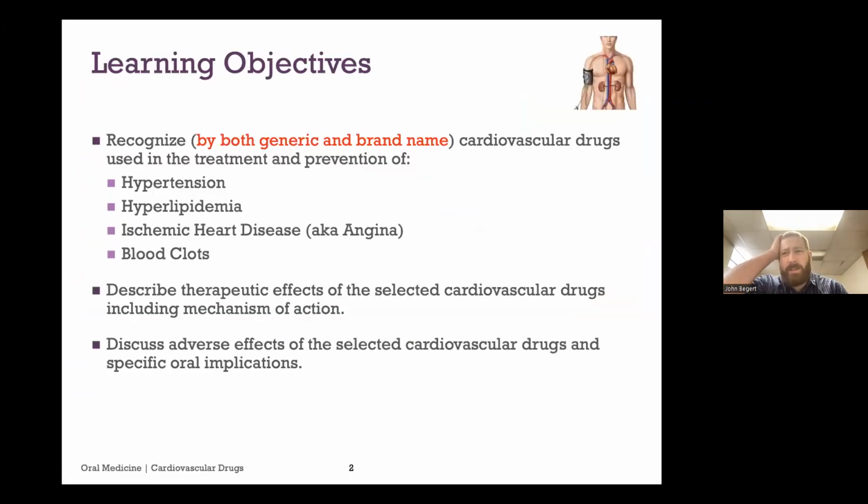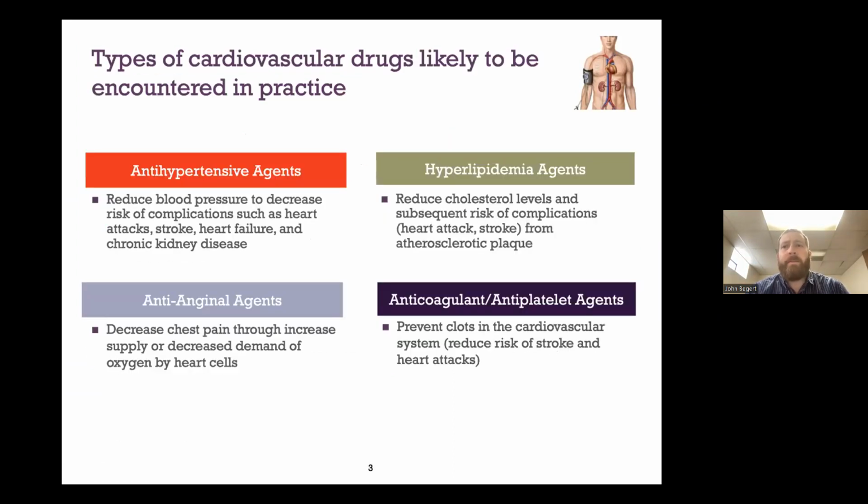I think these objectives are pretty accurate: being able to recognize the medications and what they're being used for, their therapeutic effects, and then particularly adverse effects or specifics that relate to oral implications. And the main disease states we're going to cover as it relates to the drugs, which I think you've already had an overview of, perhaps in the quiz you just took, or at least historically you've gone through some of the physiologic processes going on with these diseases. But we're going to talk about antihypertensive agents,